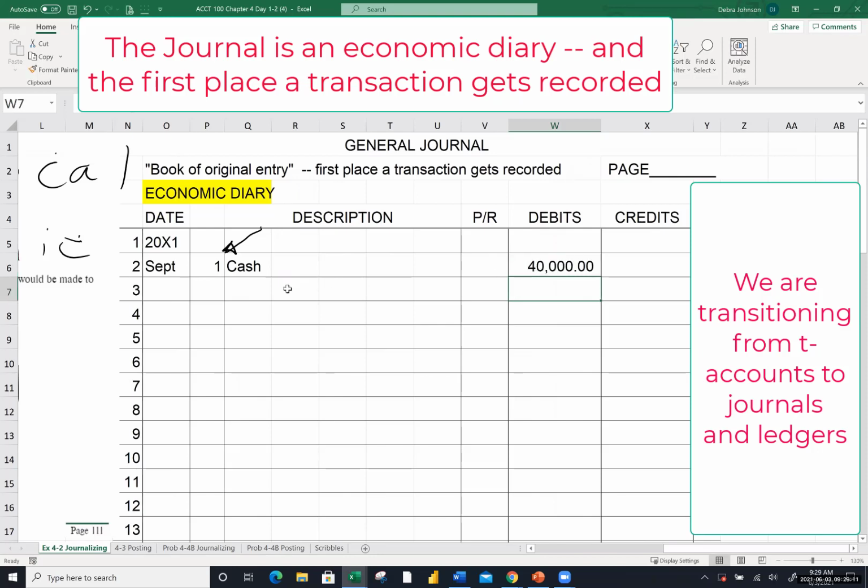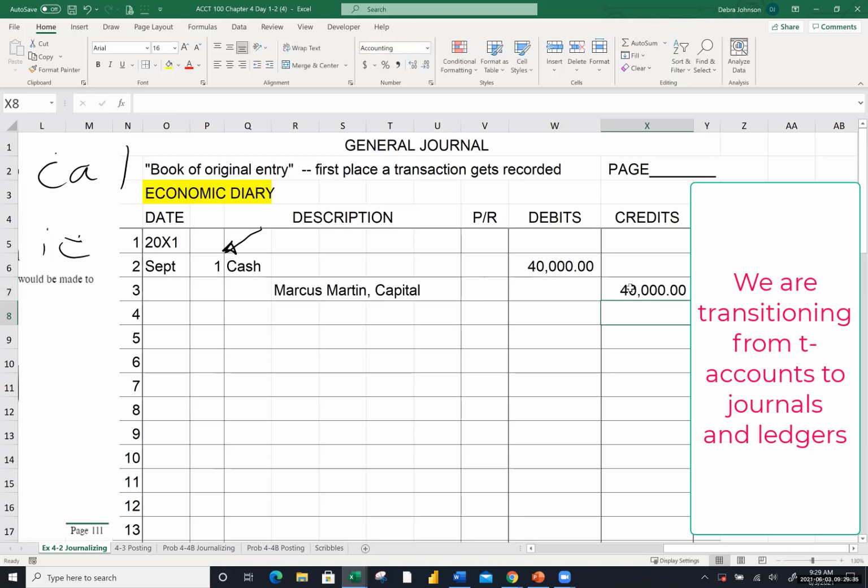Then we indent a little bit. I've put in columns for you to indent. If you're doing this on notebook paper, you'd come in maybe 1/2 inch or so on the indentation. And then we would list the account to be credited. If we look at our chart of accounts, the owner's name is Marcus Martin. And this is capital. And we drop the credit in. So we have our debit. We have our credit. And then you indent a little bit more and you put a brief description about what